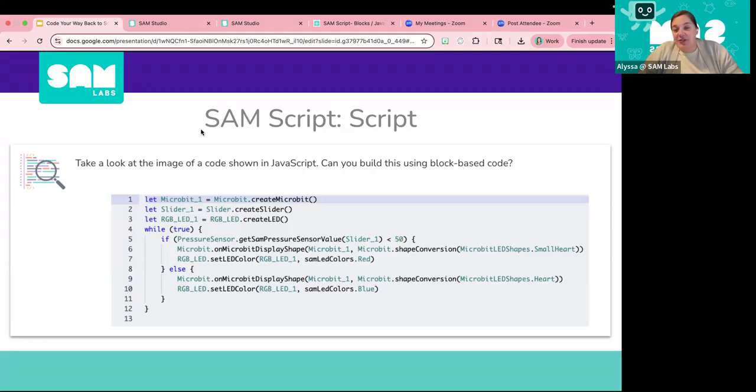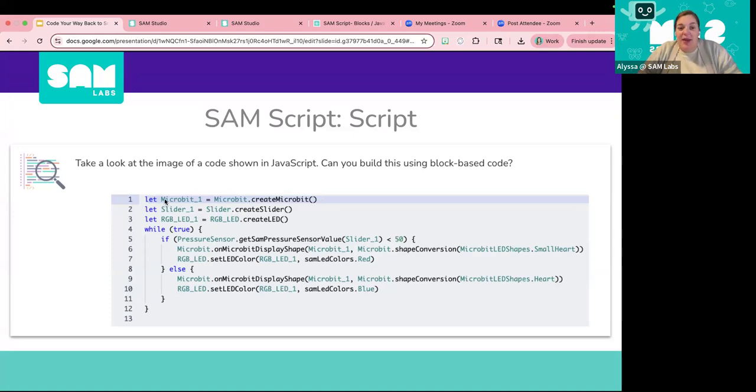We give kids a JavaScript code and ask them to try to build it in Sam Script using the block-based code. So it's getting them starting to think about how this code matches blocks. And then they can start learning, oh, hey, here's why I need to learn block code, because it directly translates over. You can see here, the first things that we're adding, even if we don't know exactly what all these lets and equal signs and parentheses mean, I have no idea why to use these parentheses or these brackets, but